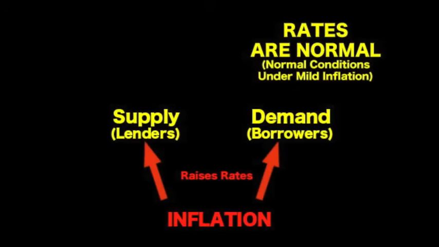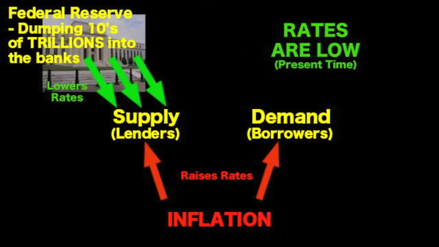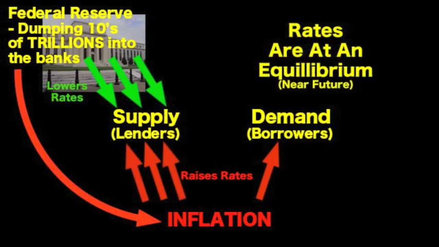You're probably wondering why, if this is going on, we are seeing some of the lowest interest rates ever. Interest rates are determined by three things: the supply of loans, the demand for loans, and inflation. In an effort to stabilize the economy, the Federal Reserve is currently printing trillions of dollars and pumping it directly into the banks. In the short term, this will reduce interest rates. In the long term, however, all this newly printed money will lead to massive inflation. Eventually, interest rates will rise to an equilibrium with inflation.